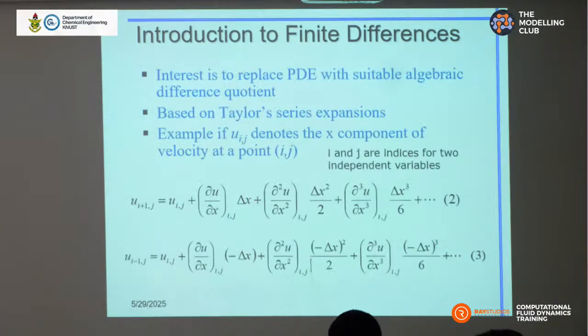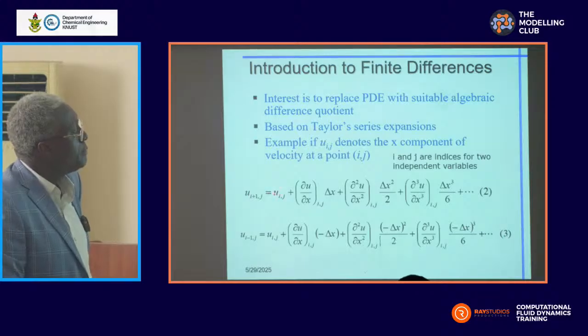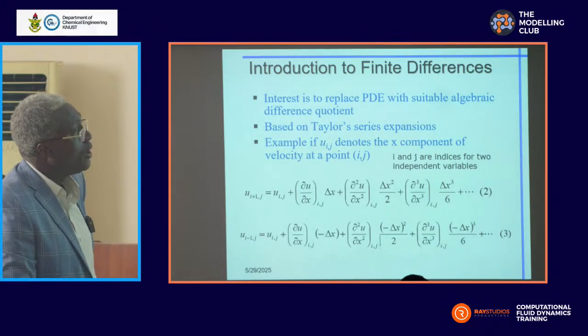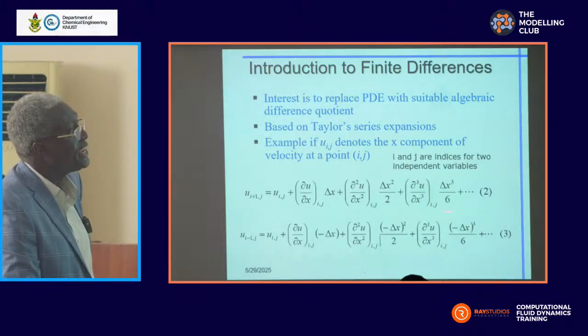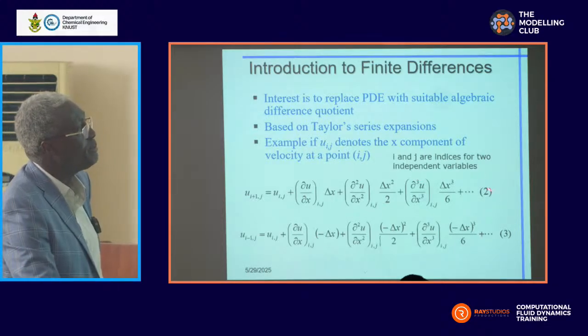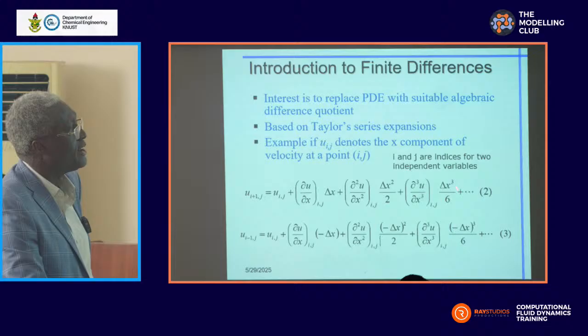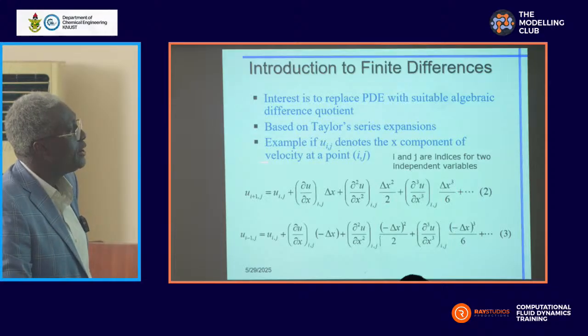If you look at this first equation, if we subtract u i,j from both sides of the equation, and also take all the remaining terms of our Taylor series expansion to the left-hand side of the equation,